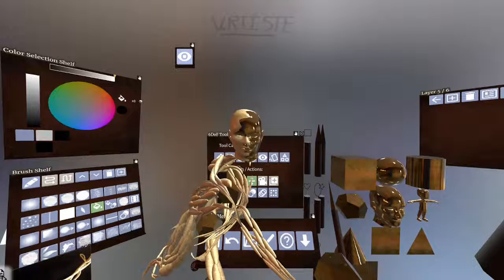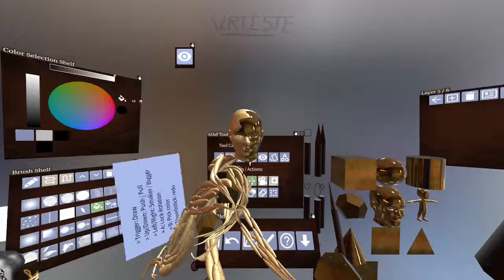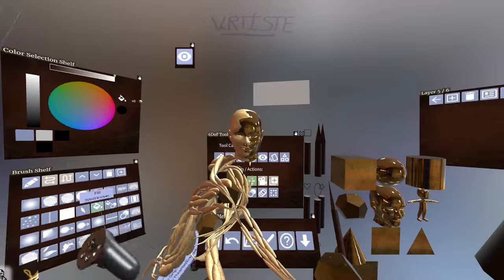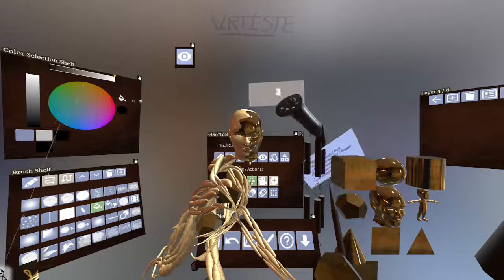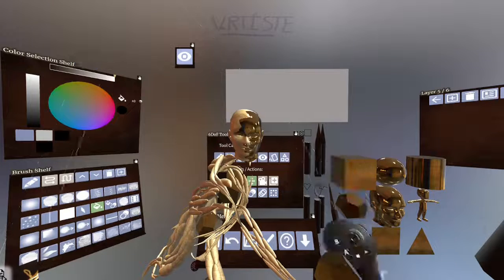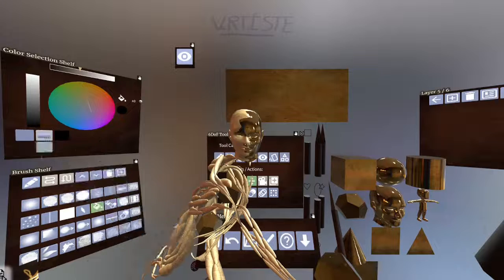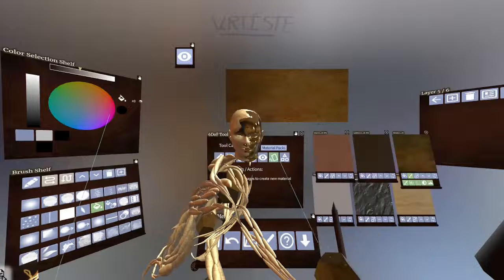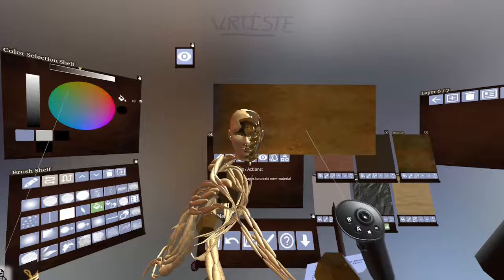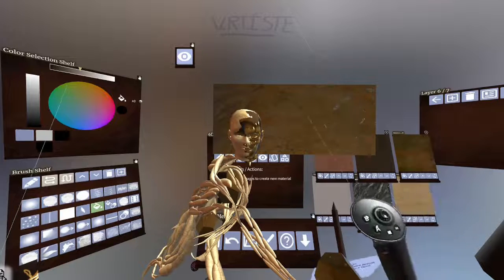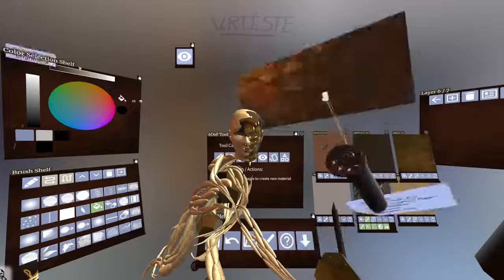Let's see. And then to create the material for the ground, let's see, got to bring back the canvas. I've already got the fill brush going, so I wanted kind of a combination between this gold material, so let's just go ahead and fill it with the gold material, turn down the opacity, and then add some rock material. So now got the opacity down, now just kind of fill it, just lightly tapping on the trigger till we kind of get the blend of gold and rock that we want.